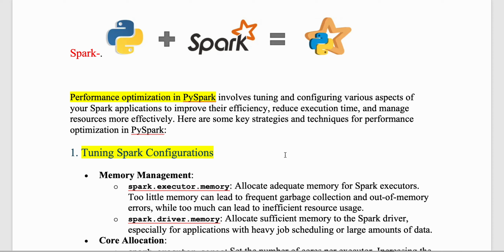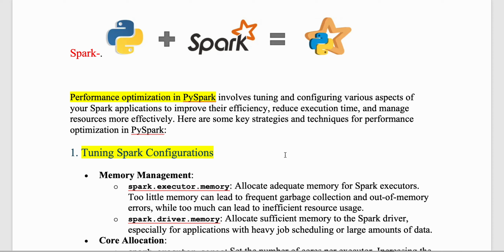So based on your data and your job, you have to come up with a certain number, like 2 GB or 4 GB of executor memory, based on your data volume. If you give more, it will result in insufficient resource usage. If you give less, every time it will do garbage collection or hit out-of-memory issues, so you have to take care of that. Under memory management you have to take care of two things: one is the executor memory,